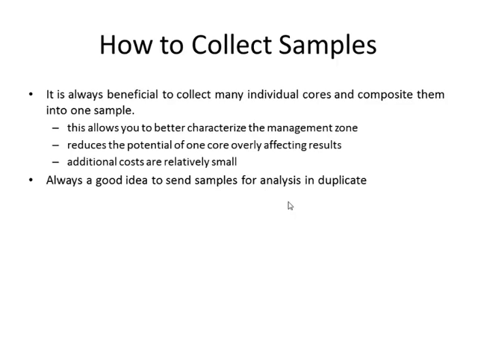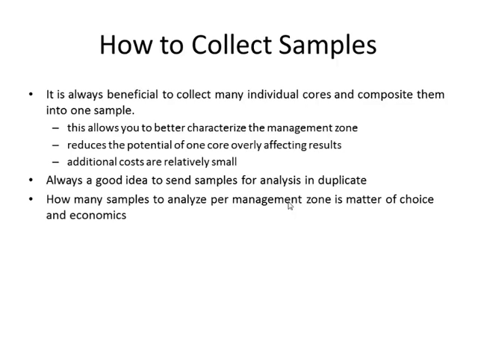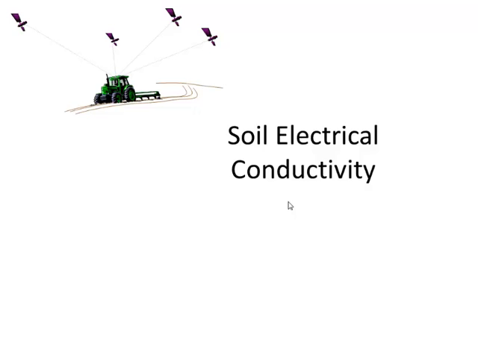Analysis is important. When sending the samples to a good laboratory, it is better to duplicate the samples and keep one in reserve, because sometimes some of the results could be wrong, so we can replace them and analyze them again. Now, how many samples are we going to analyze? This is a function of the variability of the soil. The more variability we have, the more samples we need in order to capture the variability, but at the minimum cost, because the cost of soil analysis is a big problem. We have laboratories, and the cost is very high.